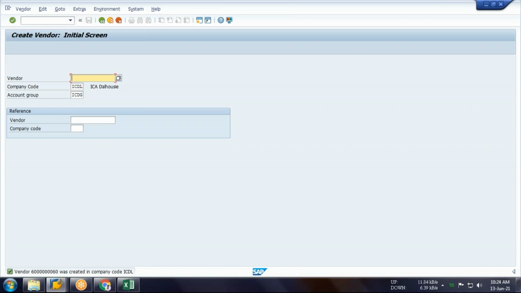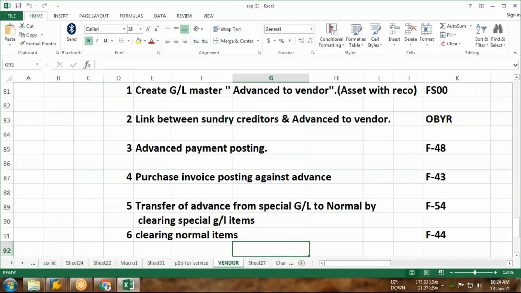Clear to all of us, guys? Yes. So now follow the second step. Okay. So first we have done the GL configuration, that is advance to the vendor, and that will be definitely asset in nature. So I have selected the asset, and definitely we have to create a vendor. So right now we have created a vendor also, Adani Ports. Now the second step will be the assignment step, that is link between the creditors and advance to vendor.